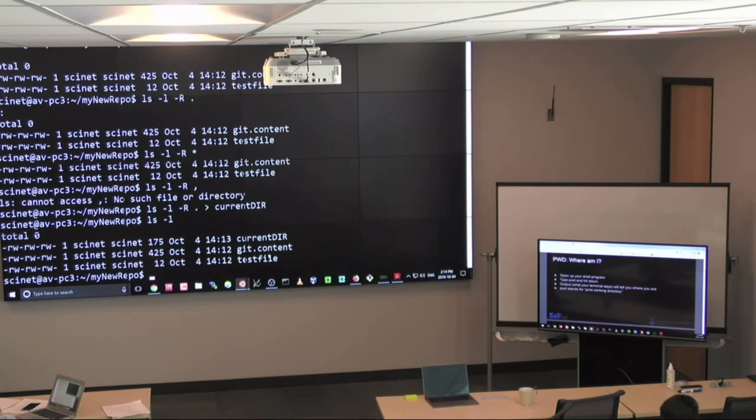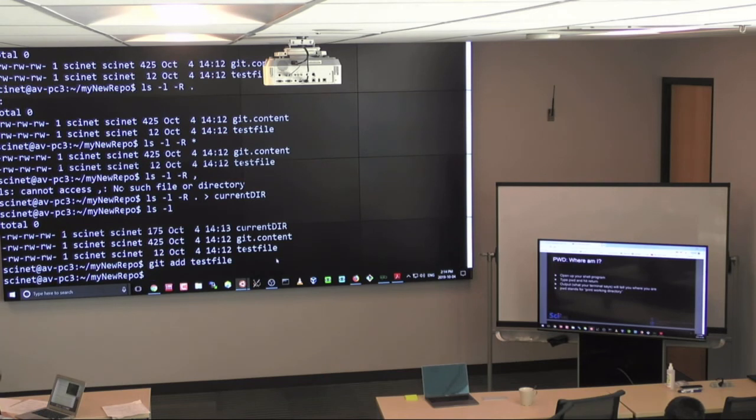Okay. Now let's say I want to keep track of whatever test file has. So I told you there are 2 steps that are needed in Git to put that file into the repository. First one is to do git add and then the name of the file. So I'm going to do test file. Okay. Now there is another command I want to show you, from the list of commands later on in the slides, but this is a very useful command, at least for me, because I told you there are 2 steps every time you want to create a commit. If you are not sure if that file is committed yet or not into the repository, I can do git